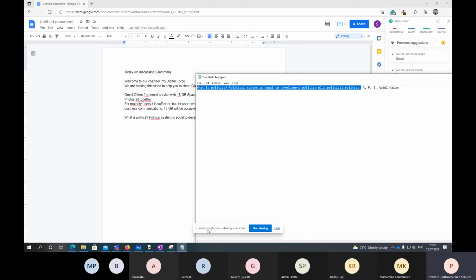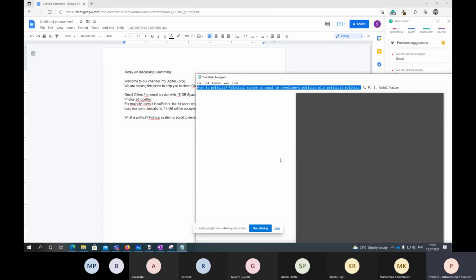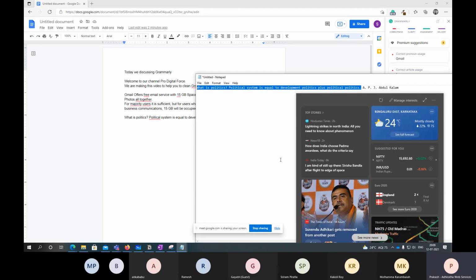So for the next half an hour or 1 hour, I would request you guys to start practicing this. First, you have to add Grammarly to your browsers and log in with your free account. That means you can create a Grammarly free account and log in. Second thing is Canva. Create at least 5 to 10 posters. I'm just giving an inspirational example, but you can create anything you want. Maybe some tips you can talk about.